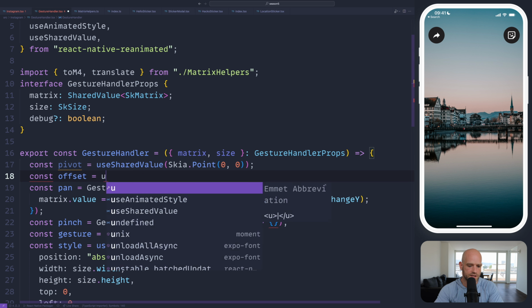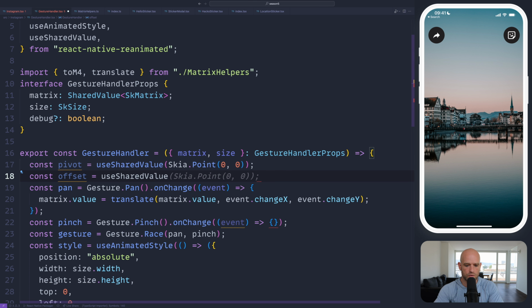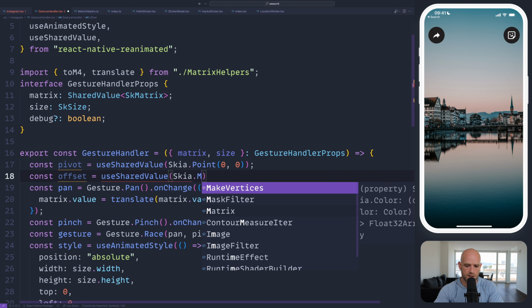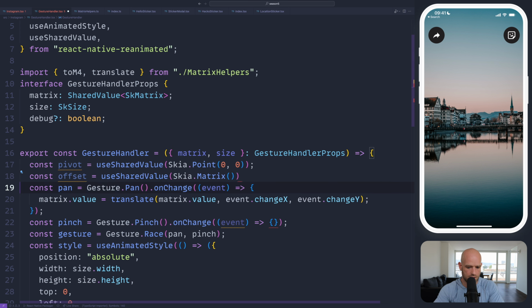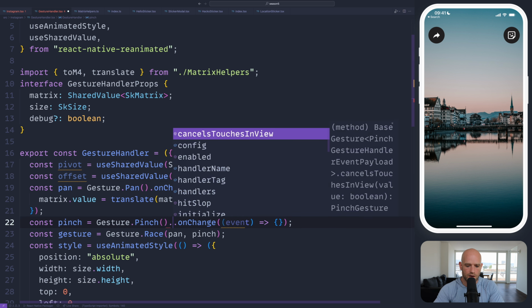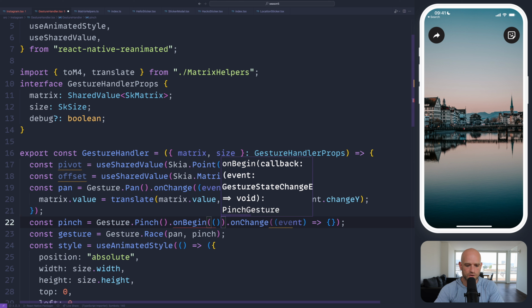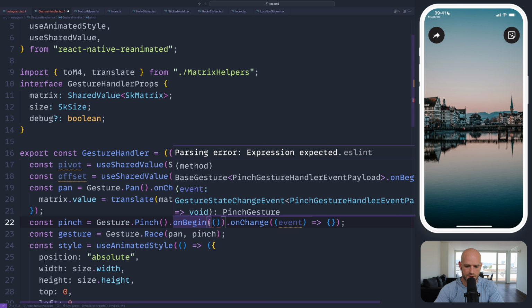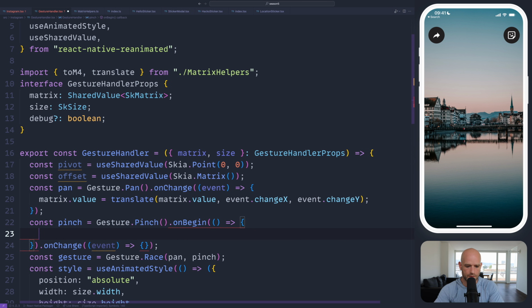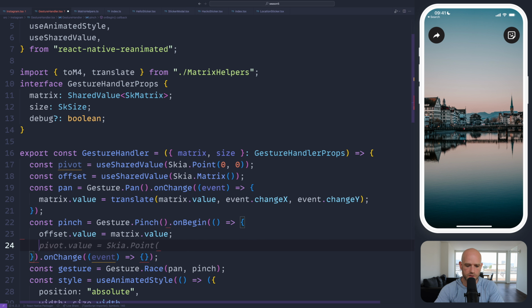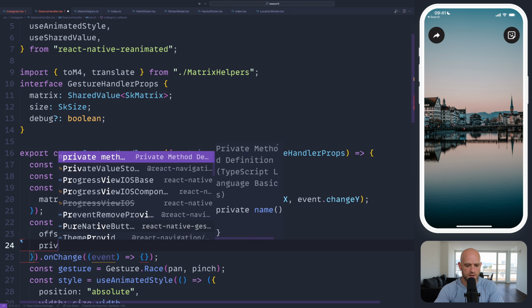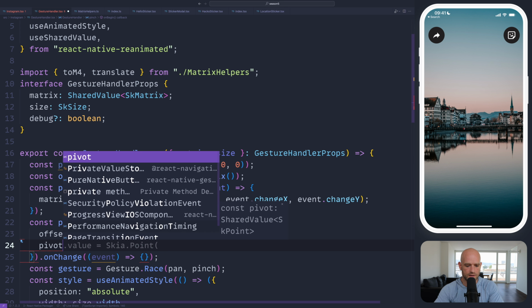So simply offset, use shared value of a Skia matrix. Very good. On begin, we need to store the pivot point and the offset. So offset.value is matrix.value, so the current transformation. And the pivot point